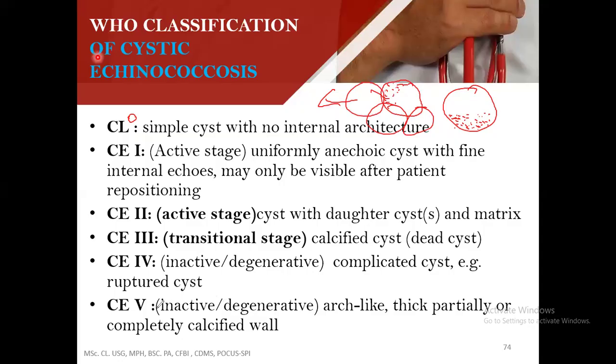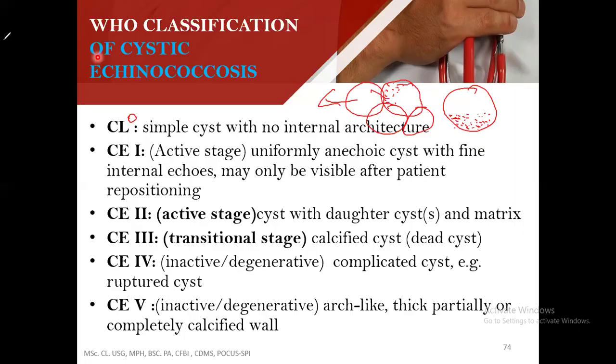At the stage 4. So the stage 3, we are saying complicated cyst, meaning that you may see something like solid stuff inside. You may not see sand, but you may see more solid stuff inside. The stage 5, the wall may be having some arcs, not well defined. You understand? And the wall is going to be also very thick and calcified, white in appearance. Do you understand? These are the stages of the cystic echinococcosis,